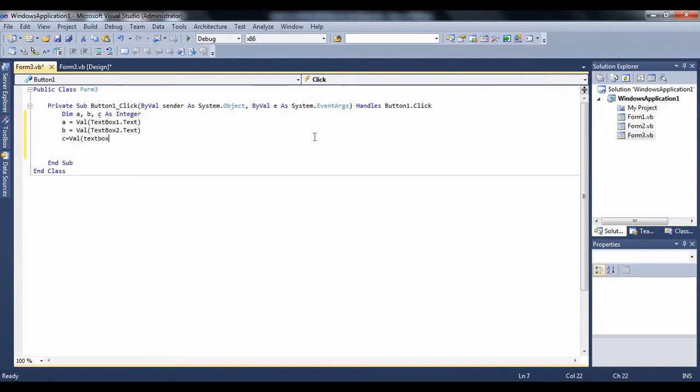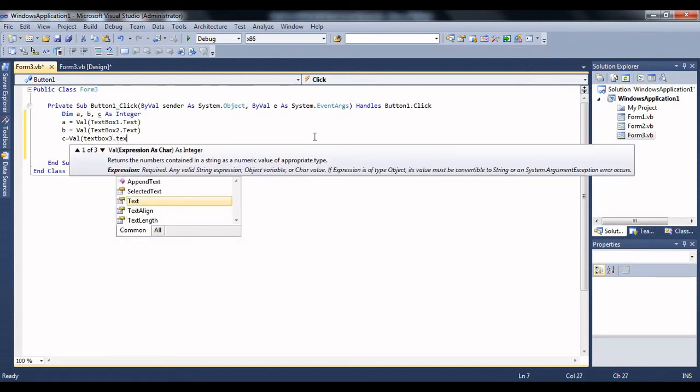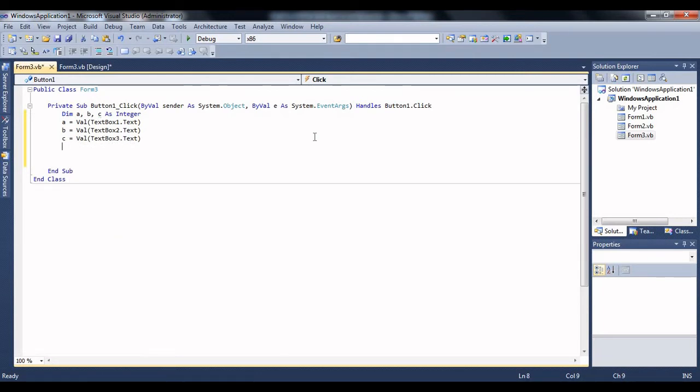So now we have transferred all the values available in text boxes into these variables called a, b and c. Now let us start with comparison. How can we find out which one is largest amongst three numbers? By comparing. At first we should compare the first number with the other two numbers, and then we should compare the second number with the first number and the third number.